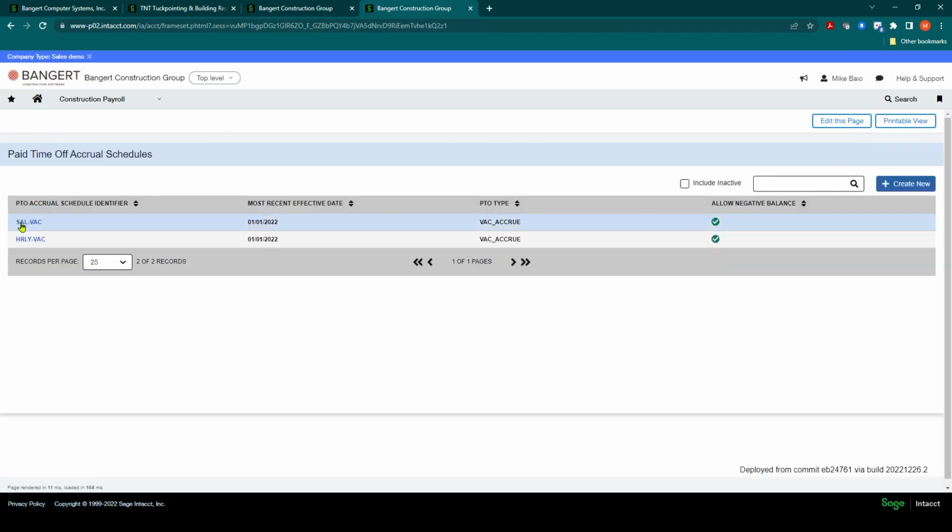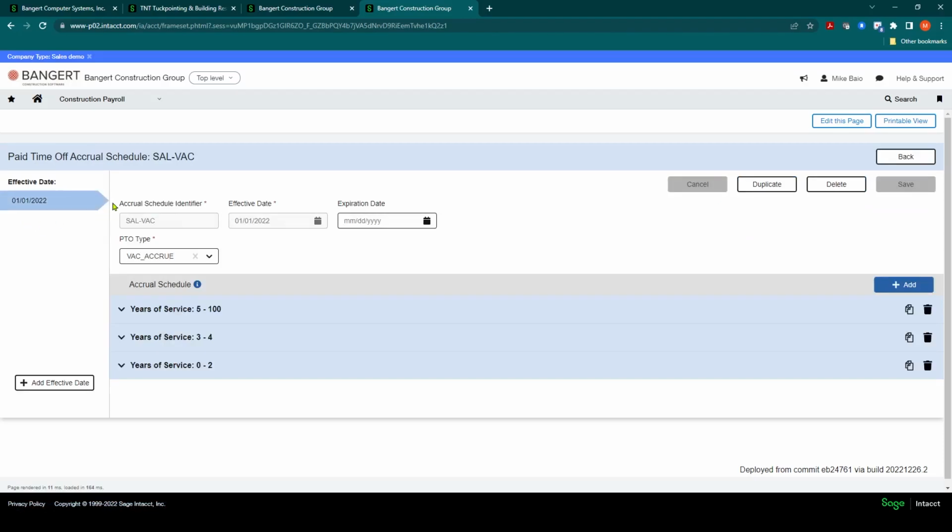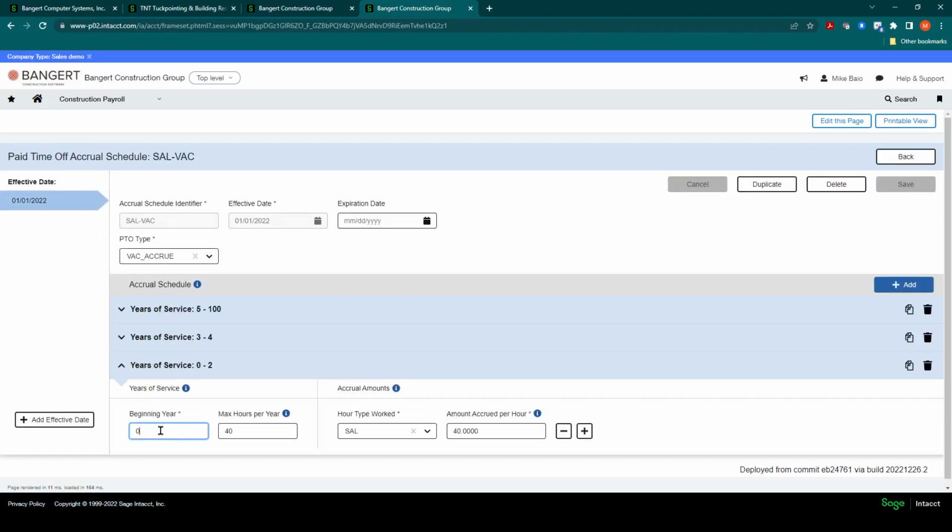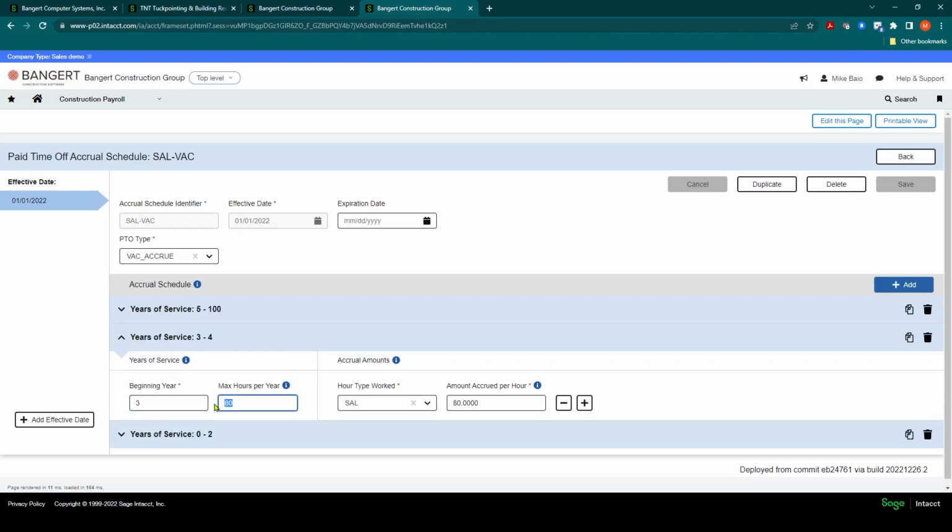I'm going to go back, and you can also do it based on an upfront flat amount at the beginning of the year. For example, salary, we have it set up here to say, okay, first 2 years they get 40 hours. It's going to accrue based on the salary pay type, and the amount to accrue is 40. So that's going to give them automatically at the years of service the 40 hours ahead of time, and there isn't going to be a weekly accrual on it. Same thing then as of year 3. We're going to say it's 80 hours after year 3, and again, we're going to front load that 80 hours automatically the first week, and so forth.